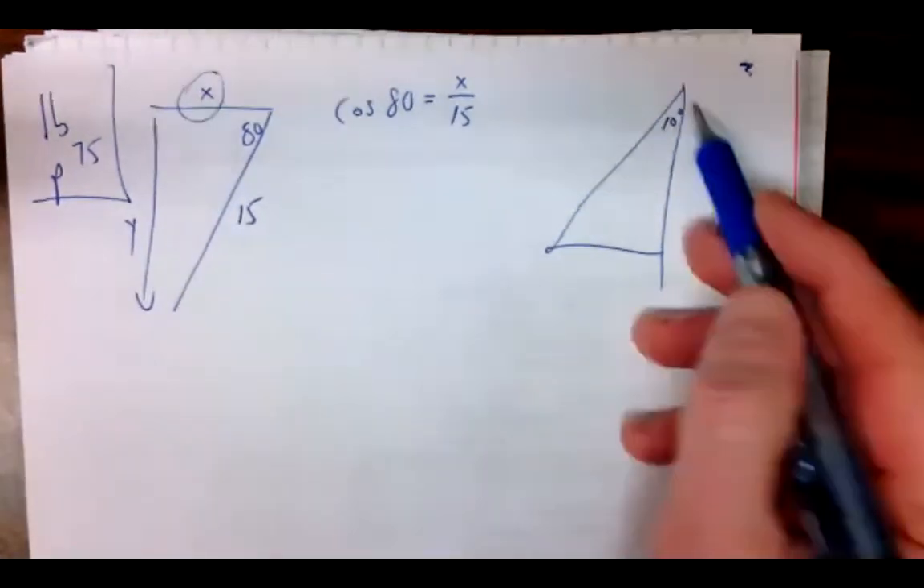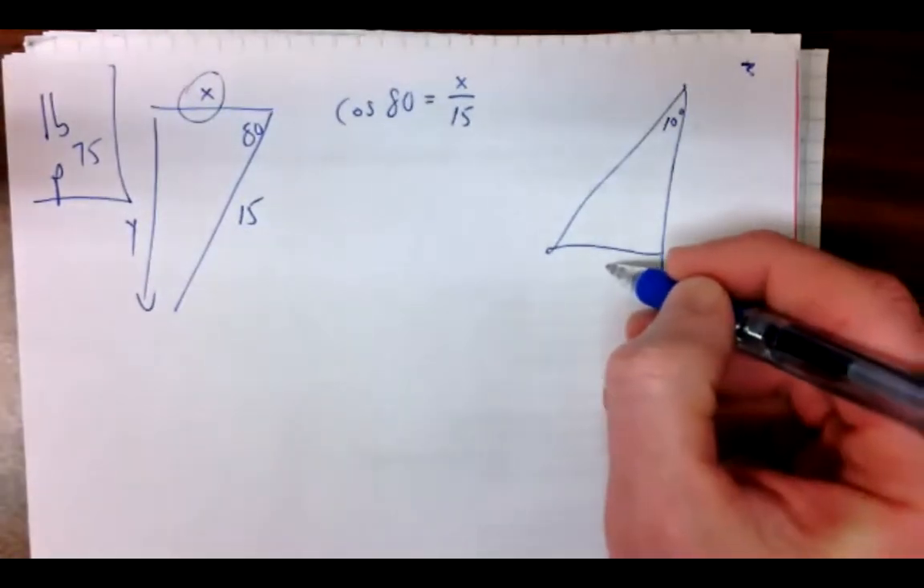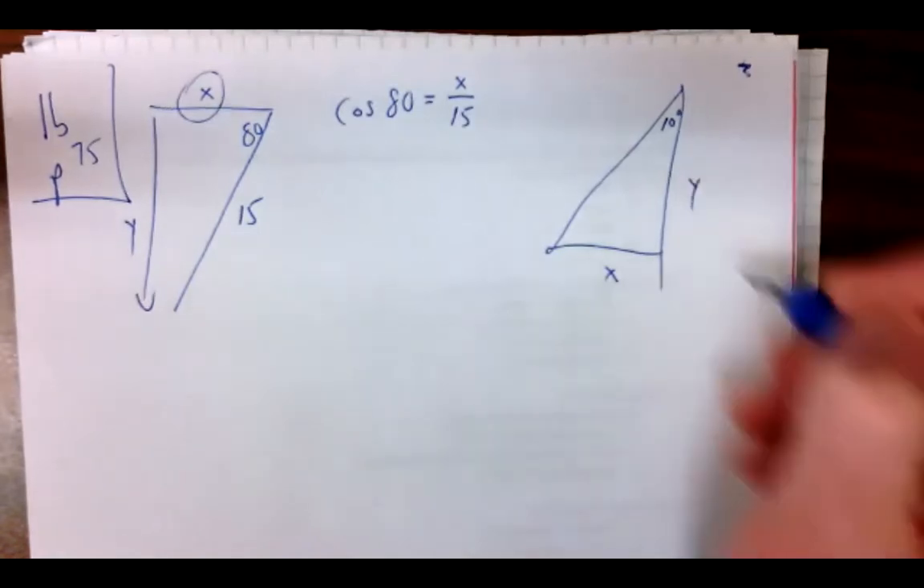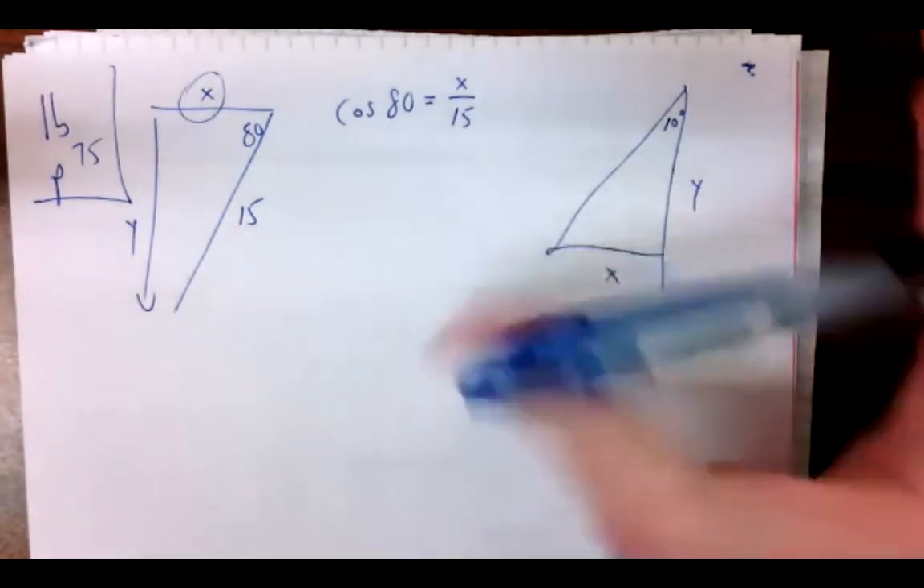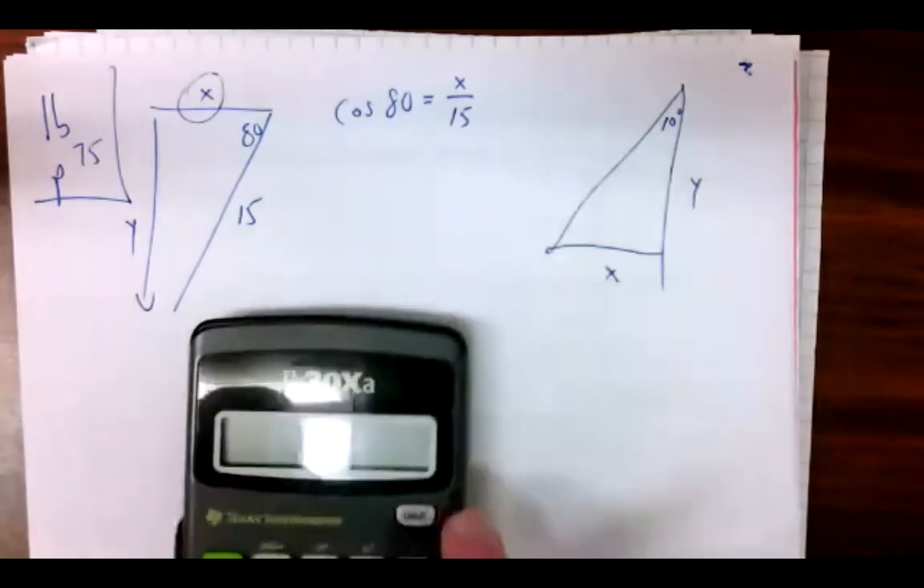So if we're using 10 degrees, then the x part will be down here. It's all fine, but that angle matters because now the x is the opposite and y is adjacent. Okay, just want to mention that. So anyways,